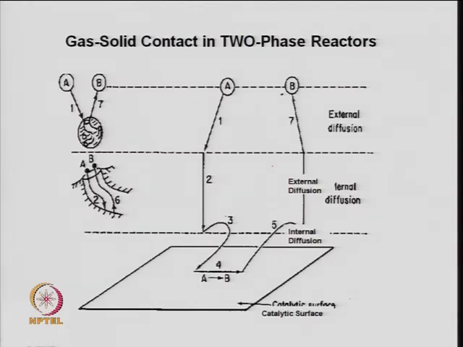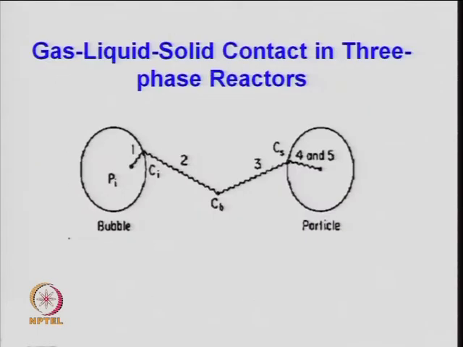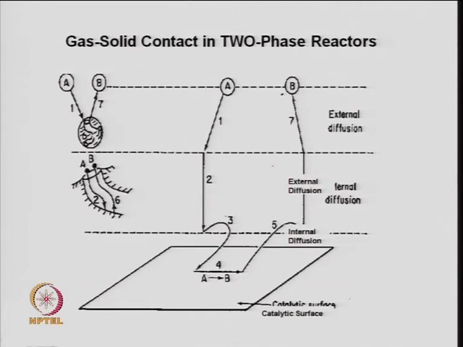The actual mechanism we have already discussed, when you have just a gas and solid in contact. So, basically a simple example I have taken here before going to the actual multi-phase reactor. This is the actual mechanism of transport and reaction, the steps in a 3-phase reactor, and this is the step in a 2-phase reactor. When you have, as we have already done in a packed bed reactor, just vapors, hydrocarbon vapor coming on the surface of a catalyst. So, it is a 2-phase reactor example.